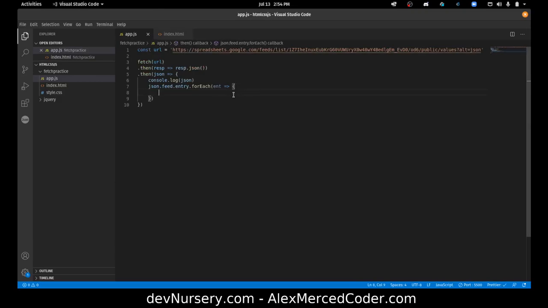So what I want to do is first make a variable, const li, equals a new, and I'm using jQuery, so a new li, to which we're going to append a new p tag, and the text of that p tag